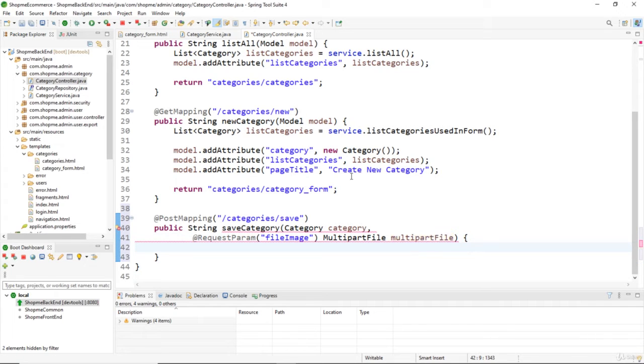Okay, and in this handler method we return a string for the redirection to the category listing page. Redirect categories,